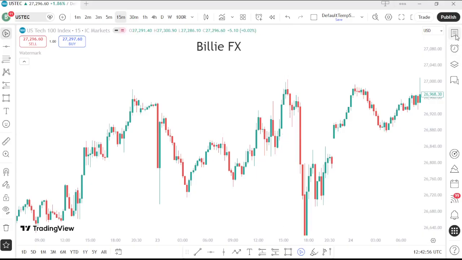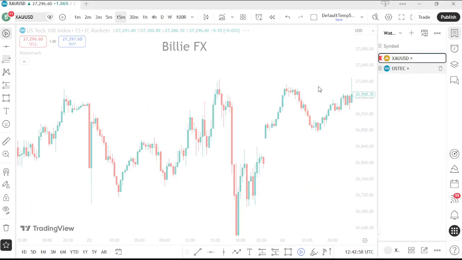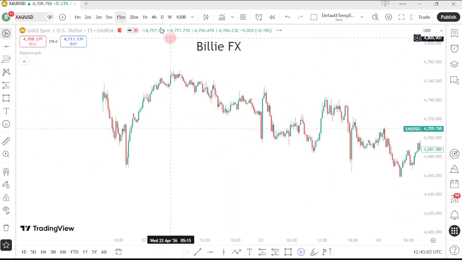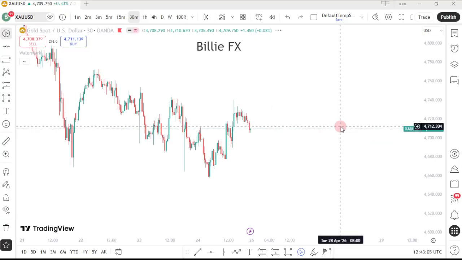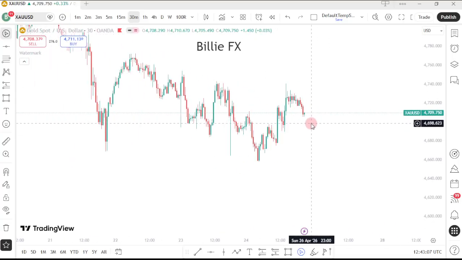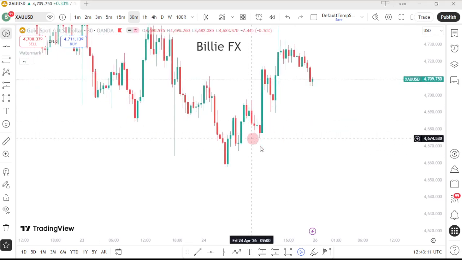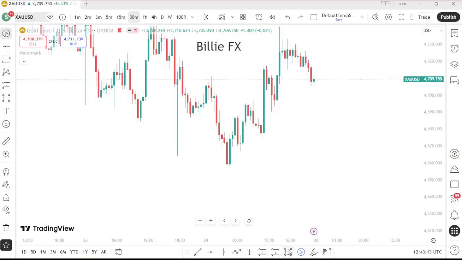I think a lot of people trade gold, so you can look at gold to see if it works with gold too. Now, we pick an arbitrary area, right? We are not cherry picking anything, any area that we like. So let's consider this one that is sitting right here. Let's mark it,